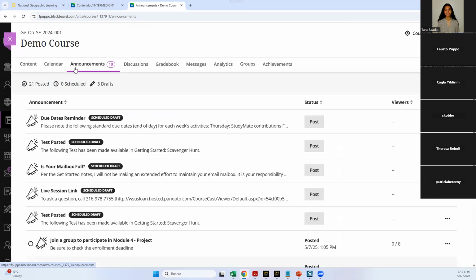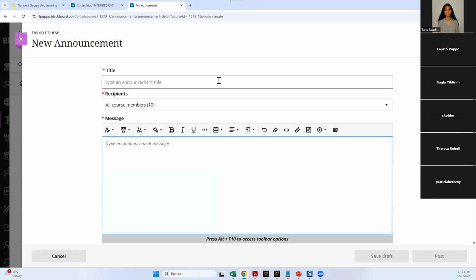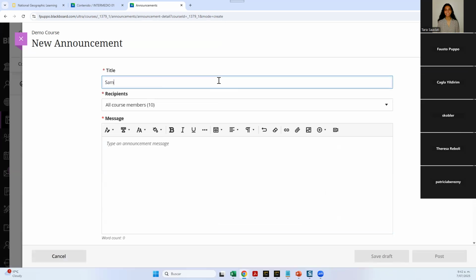Let's move on to the announcements. As usual, you get a little summary, okay, of what you're looking at here. In this case, 21 have been posted, none have been scheduled, and 5 have been saved as drafts. Okay? So if you want to create an announcement, all you need to do is look for the plus sign, click on it, type an announcement,